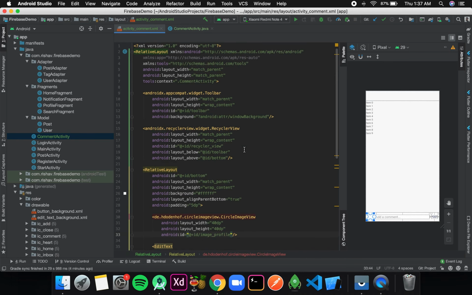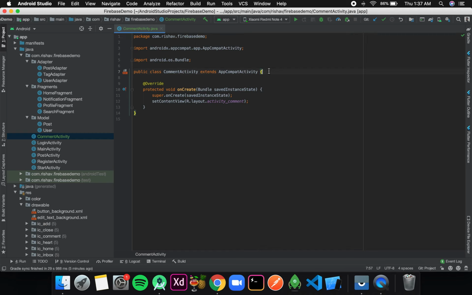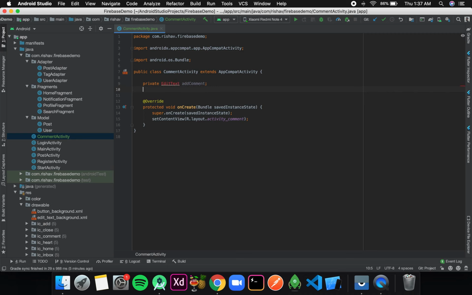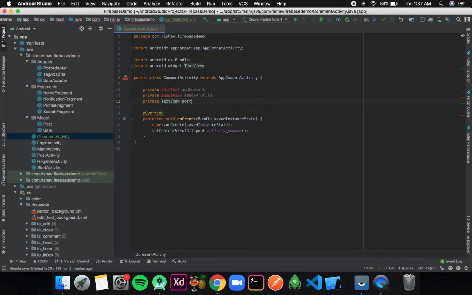Okay, now in our comment activity, I'll initialize the XML components as data members. So for that I'll write private EditText addComment, private ImageView imageProfile, private TextView post.